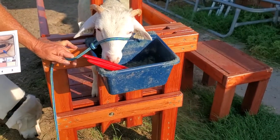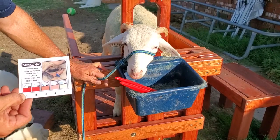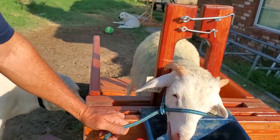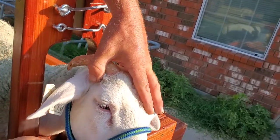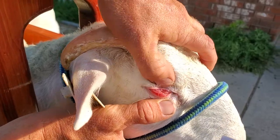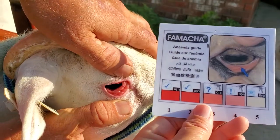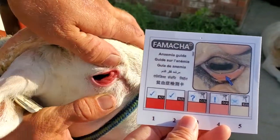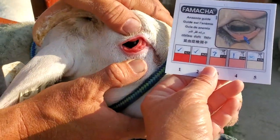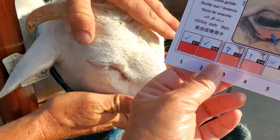You need to do this in the sunlight, that way you can get an accurate reading on this. If you do it in the shade, the color won't be quite the same, and so you may be off on your reading. To do this, you just take the card up here, look at the eyelid, and look at the color scale on here. Looking at him, he's probably a 2, borderline 1, which means we